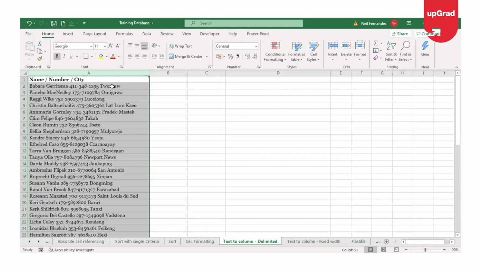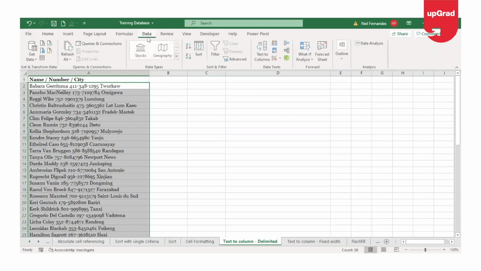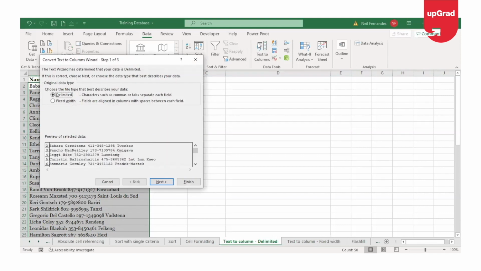To use this command, first select the column which you want to split. You can either select from the second cell, select the whole list till the end, or you can select the whole column, either way. And then from the data tab in the ribbon, click on the text to column from the data tool option. Once you do that, Excel displays the text to column wizard, which consists of a series of dialog boxes that walk you through the steps to convert a single column into multiple columns.